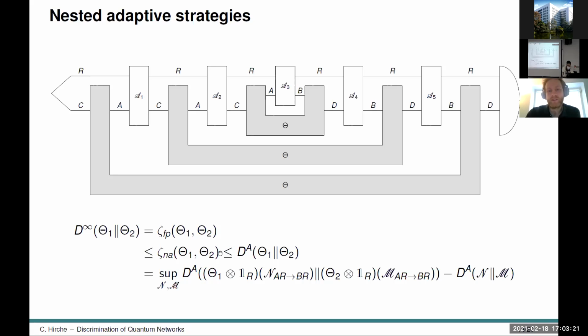And of course, the most desirable thing would be to make these two inequalities into equalities. And I've not yet been able to do that